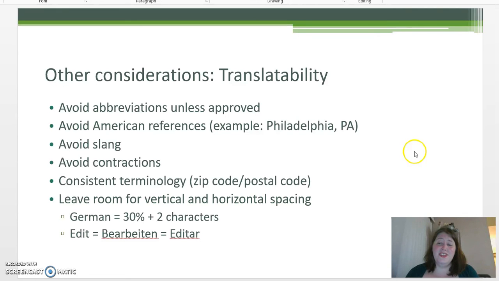And I know I butchered the German, but the next one would be editar for Spanish, and that's even still bigger. Again, we went from 4 characters to 6 characters. So you can see the kind of impact that something is going to have when you translate from English to another language. So even when you're